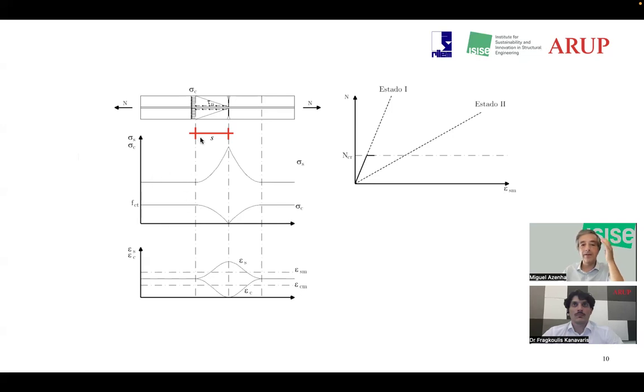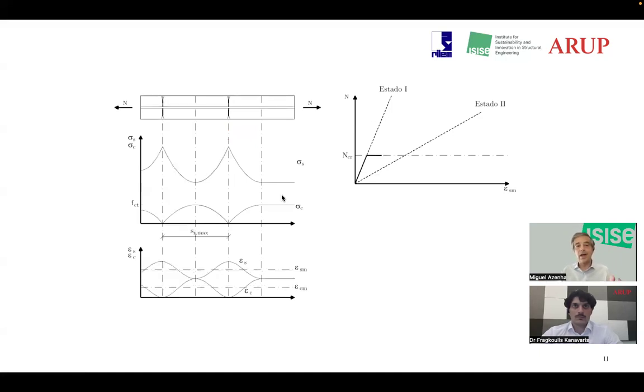So to the left of this distance S, we have a homogeneous stress state in steel and concrete, meaning that the bond was enough to bring the stresses in steel from a maximum to the average, I would say, and in the concrete from 0 to the average, I would say. So now the places in the concrete where we are in position to get a new crack are this left-hand side and this right-hand side. The next crack, of course, in this example that I created, is happening there.